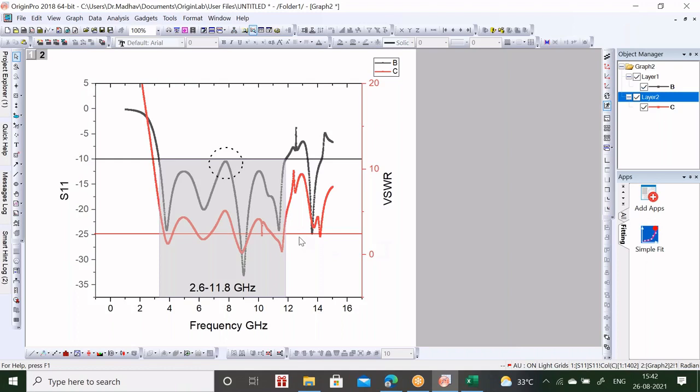Not only electromagnetic tools, you have to explore other tools like Origin Pro, and with Excel also you can do some things, and GenPlot is another tool. There are so many plots. Whatever software you are using may not give the best pictorial representation, so you can export results to other tools and do the analysis. Okay, so this is the way of doing it.